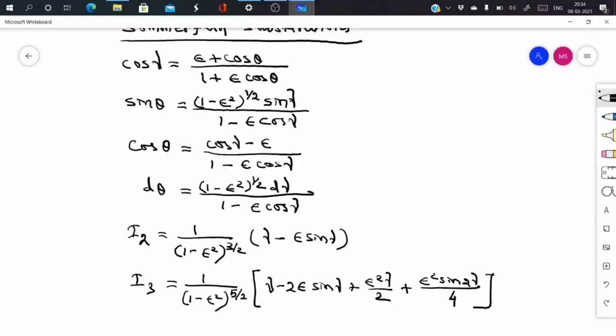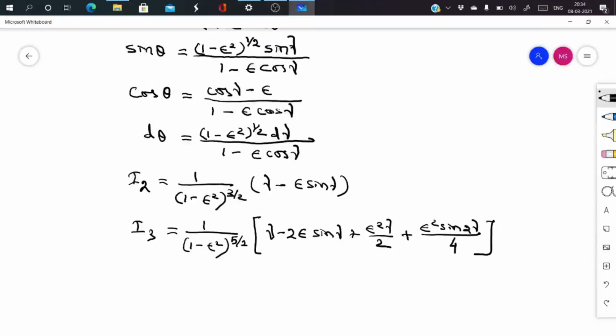So these are the two integrations you will find, and if you want to write the final pressure expression in terms of gamma, you can write P in terms of gamma